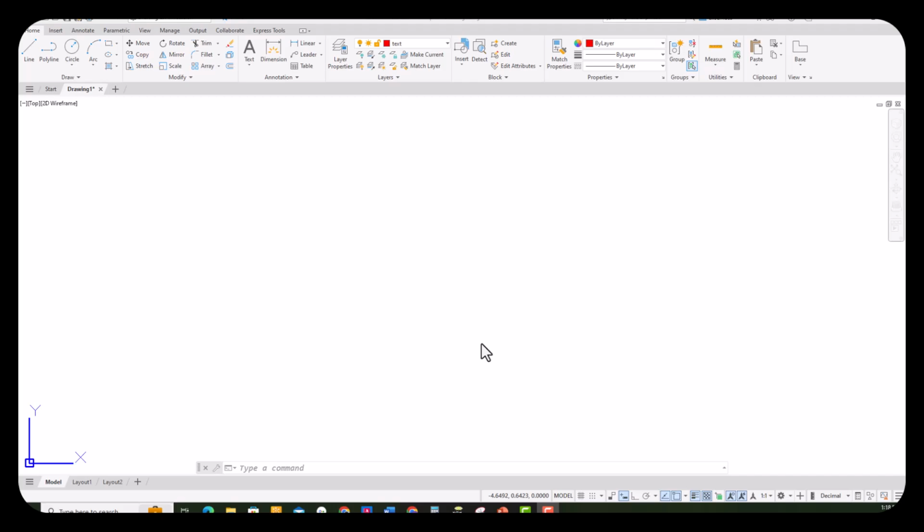I want to turn ortho mode on. Ortho mode is right here on the taskbar or status bar. Ortho mode allows you to draw in the horizontal and vertical direction only. So it's kind of like using a ruler to draw. You can enable ortho mode by toggling that icon, or you can also use the F8 or function 8 key